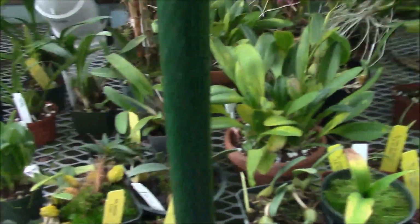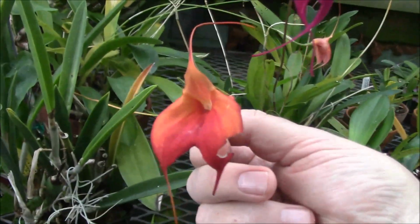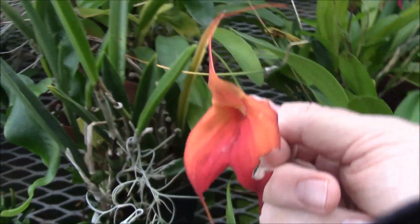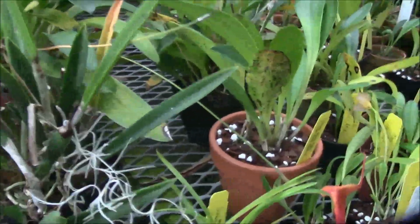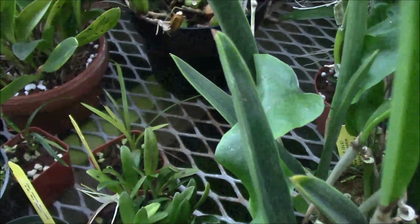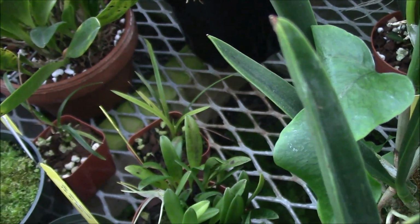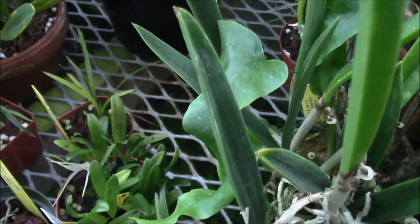What else do we have in Masdevallias? Oh, there's one flower here. This flower is so old. Looks like it got some slug damage too. I have to put out some more slug bait. See if I can find the name of this. Oh, this is Masdevallia Marguerite